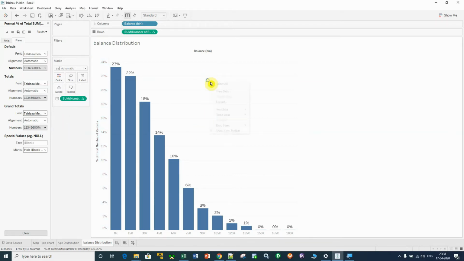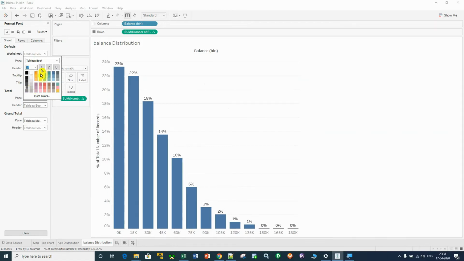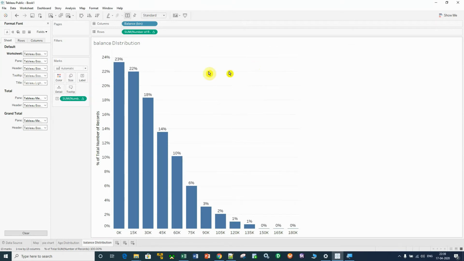Or else if you want to edit the complete chart, right click, format, make it 12, make it bold and make it black, right? I do not want this label, hide field label. OK. So the balance distribution bar chart has been created, right?